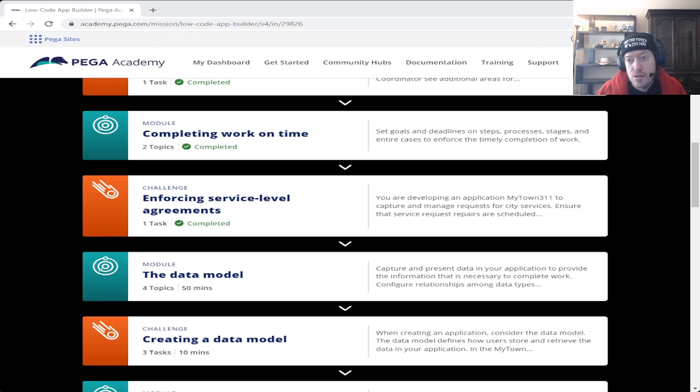We're going to be looking at the data model after the challenge that we did yesterday for enforcing service level agreements. So, four topics, 50 minutes, so that's going to be quite a bit here. We'll see if we can get it all done within an hour, but probably not. We may need to cover maybe a couple topics, and then we'll finish off the rest tomorrow. But we'll continue moving through